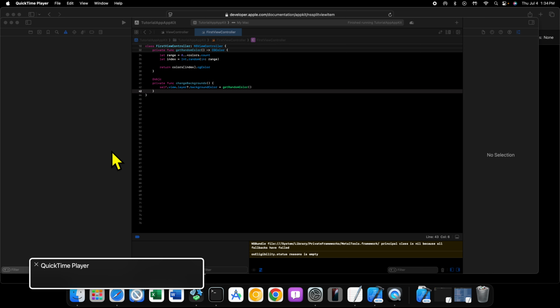Now, in this particular example, what we are going to do is click a button in our first view controller, which is going to be the view controller furthest to the left-hand side of the window. And when we click this button, it will generate a random color for all three view controllers of the split